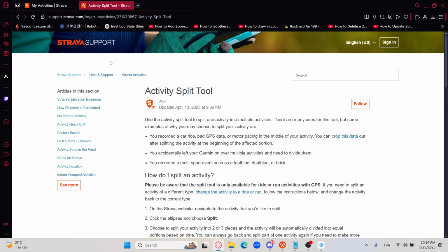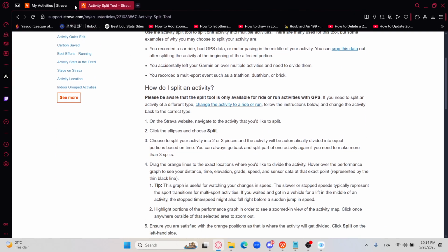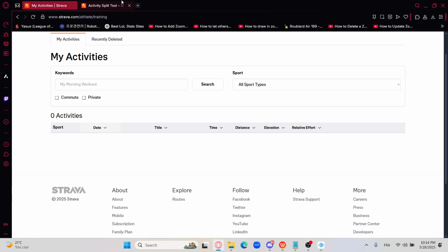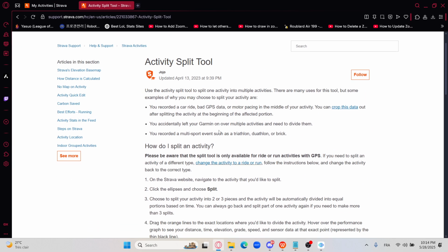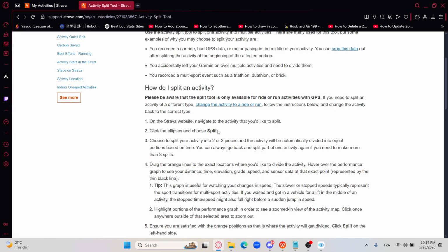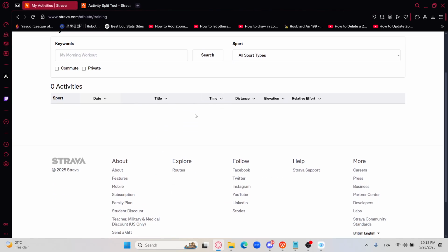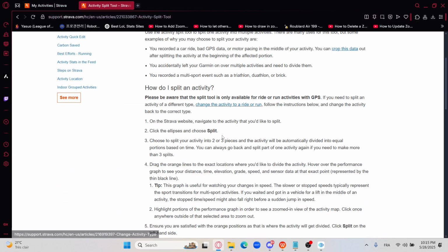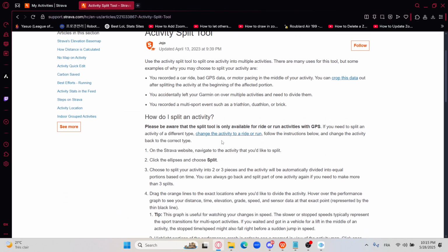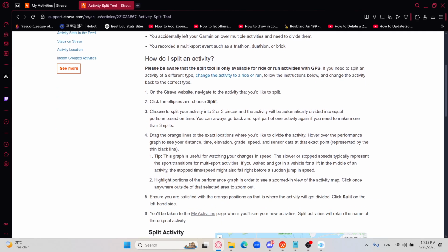I went into this Strava support right here because I don't have any activities, just to show you how you can do that. So it says on the Strava website, navigate to the activities that you'd like to split. So right here you will have the activities, you just need to navigate to them, and once you find that activity you just need to click on it to get in, and after that you need to click the ellipsis